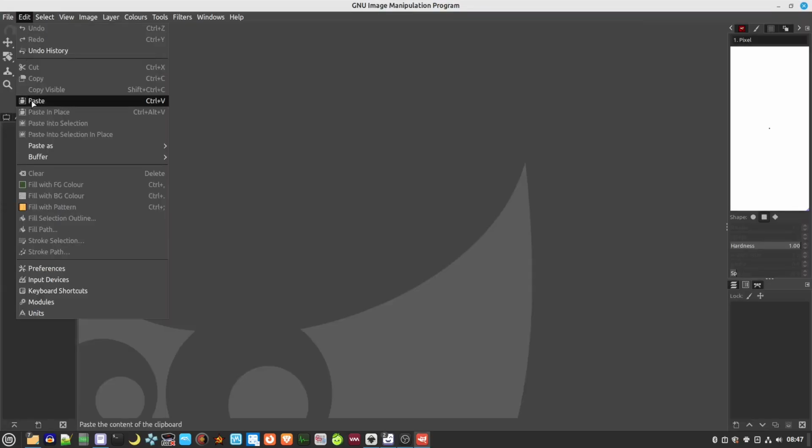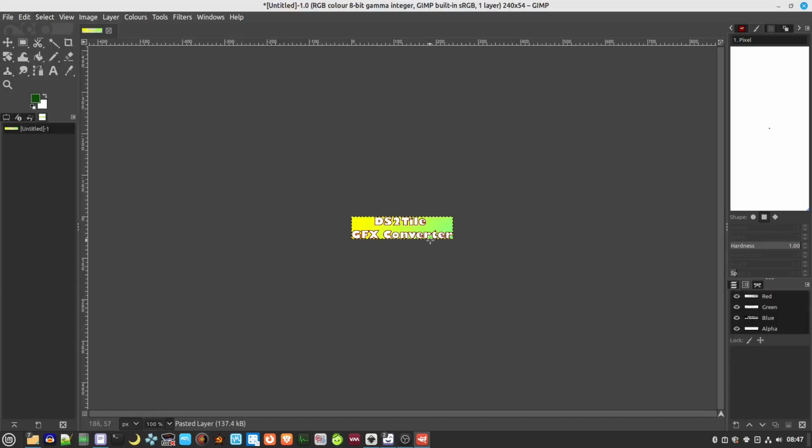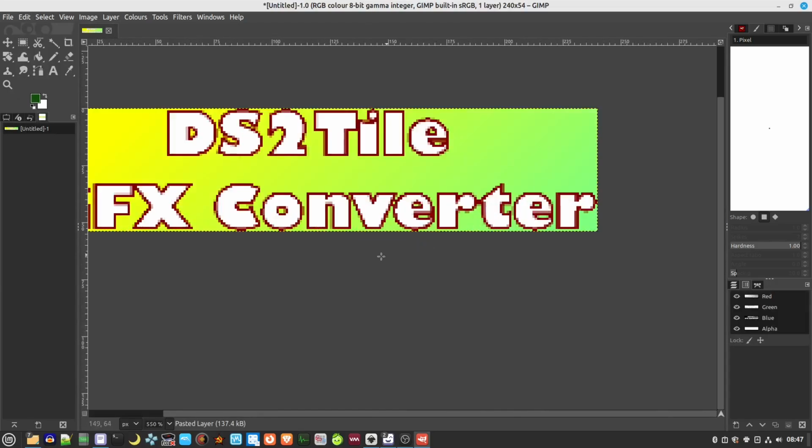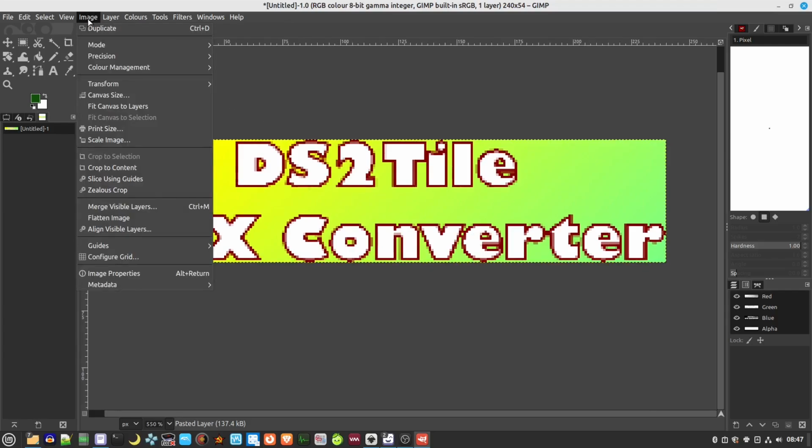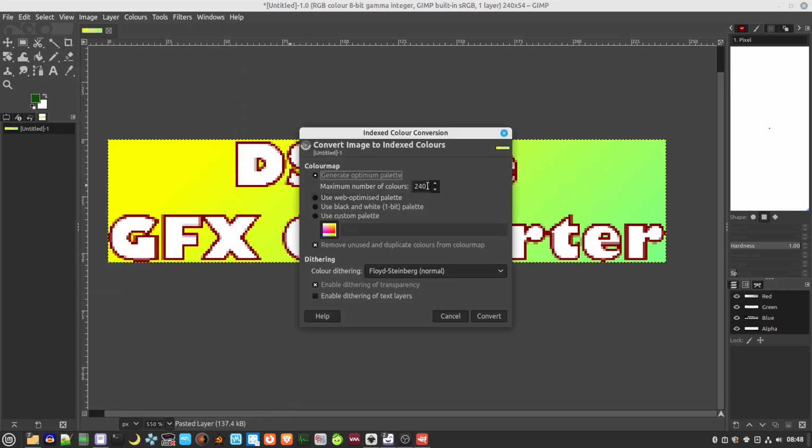So paste that in as a new image. At the moment this has way too many colors, and then you can use this conversion program here. Go into mode, go into index, and then we can put this as 16 colors,